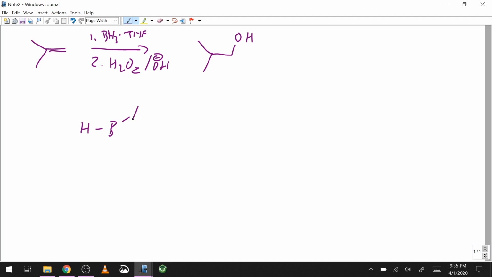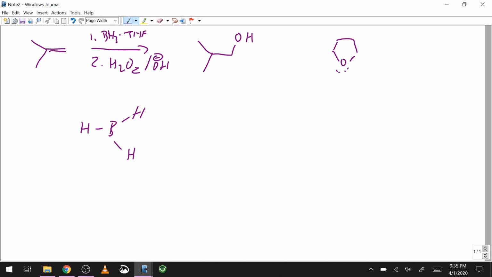This is borane without any help. Notice it is an octet rule violation. The central boron would only have 6 electrons. The coordinated solvent, THF in this case, is tetrahydrofuran. It's just an ether solvent, so it has a lone pair of electrons here and here. There are others, but the point is this is the one that's cheap and available, so you might see it